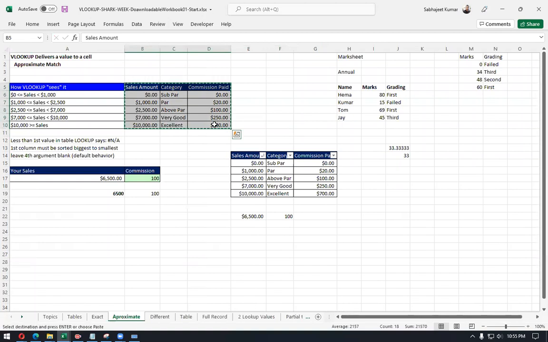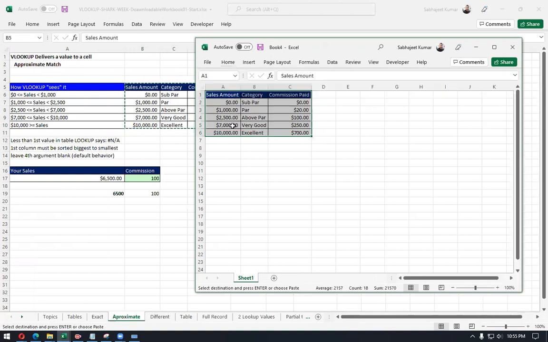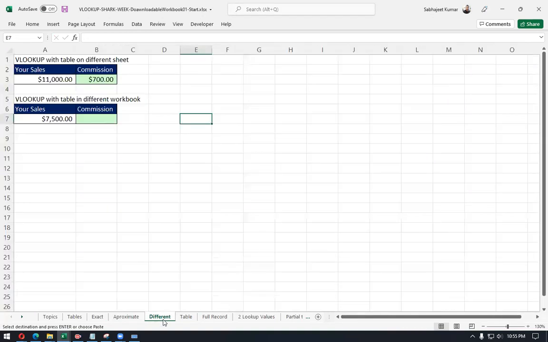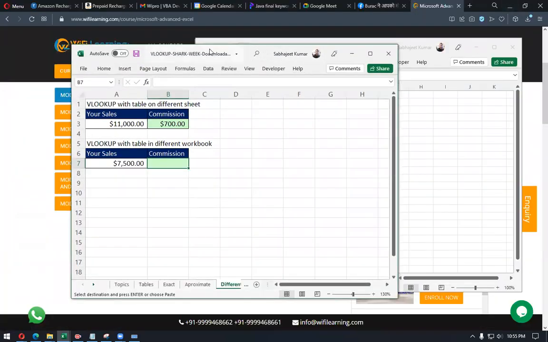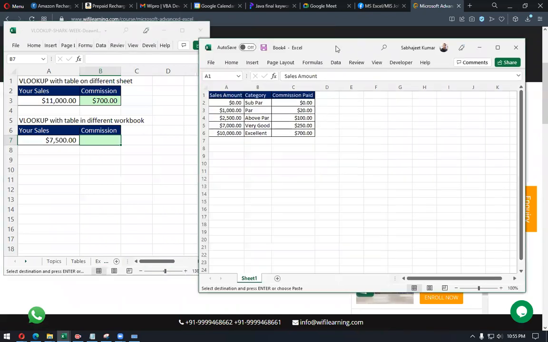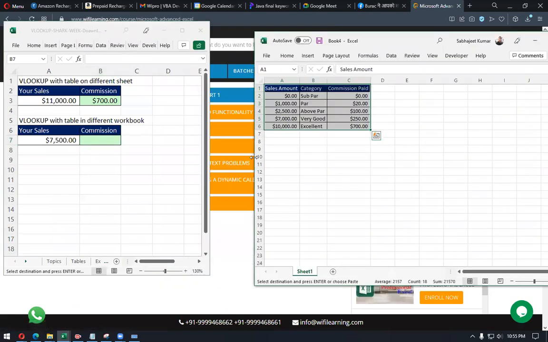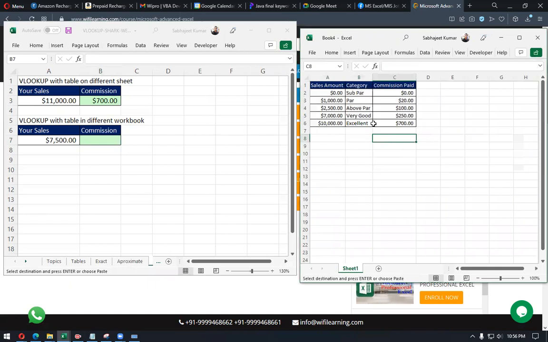I paste it here. Easy to read. And I will try to show you both simultaneously. It's no matter whether it's opening or not, I'm just trying to show you up front. That's why I made it here. So this is the new and this is our older. So we look up